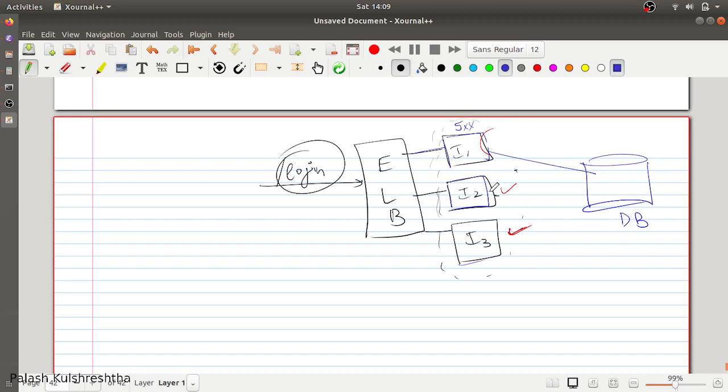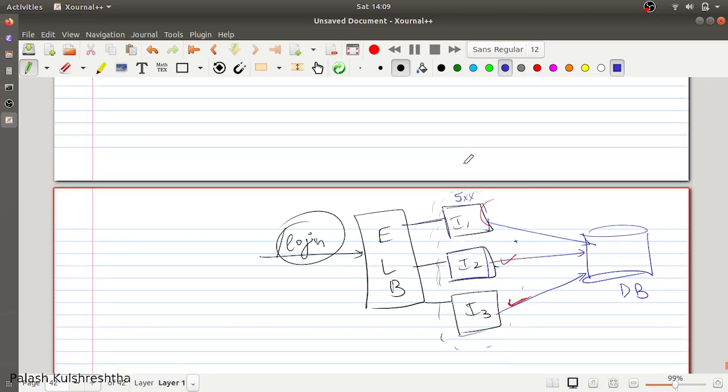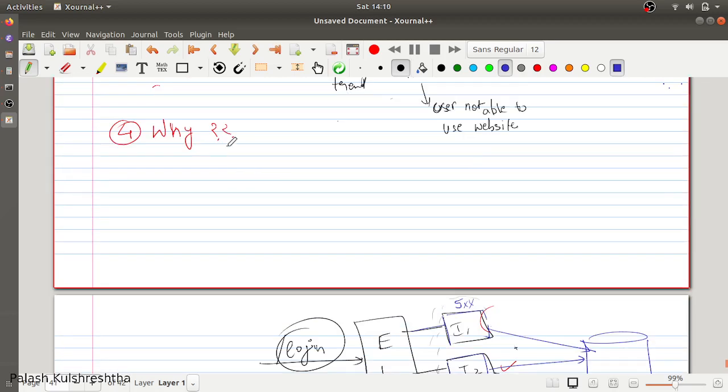Let's say we are observing 5xx only on instance I1. Then we have to create a hypothesis of what must be happening throughout this architecture. So for debugging why something is happening, we first have to figure out the design.